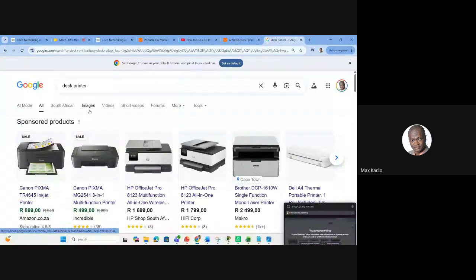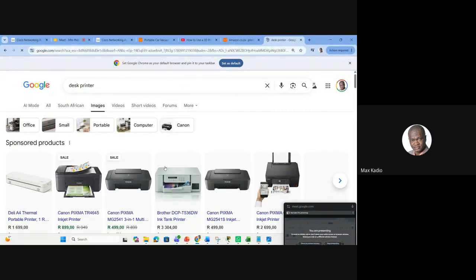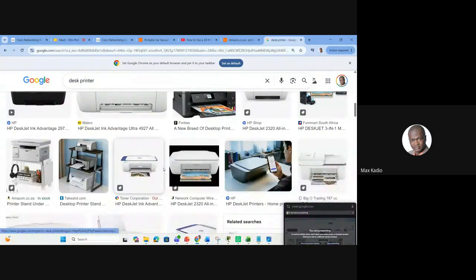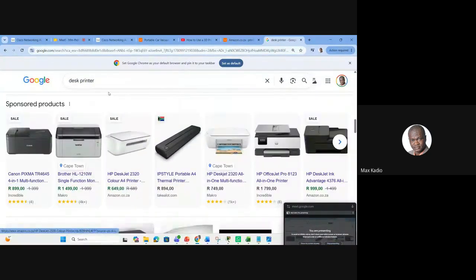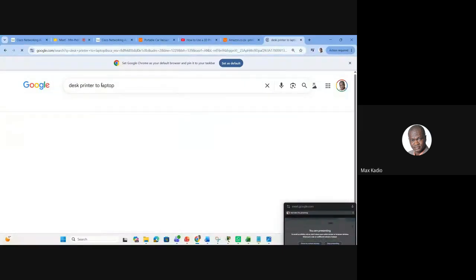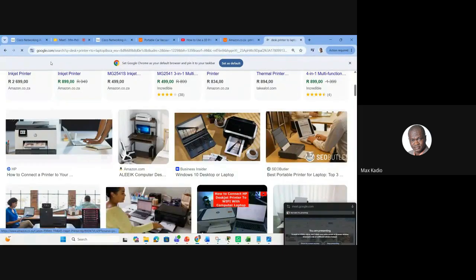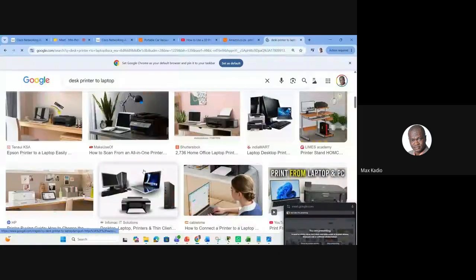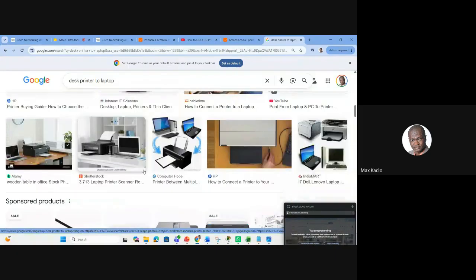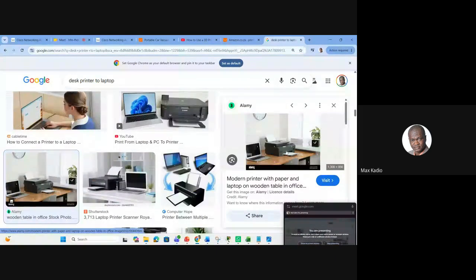We have the desk one. I want a good picture for you. A desk printer to laptop, for example. Yeah, this one, for example.